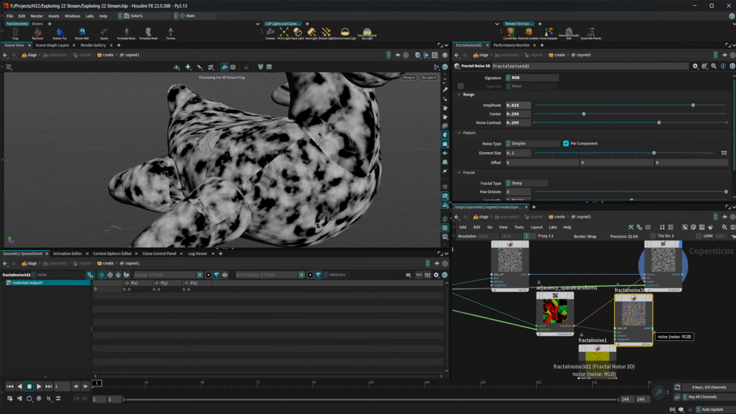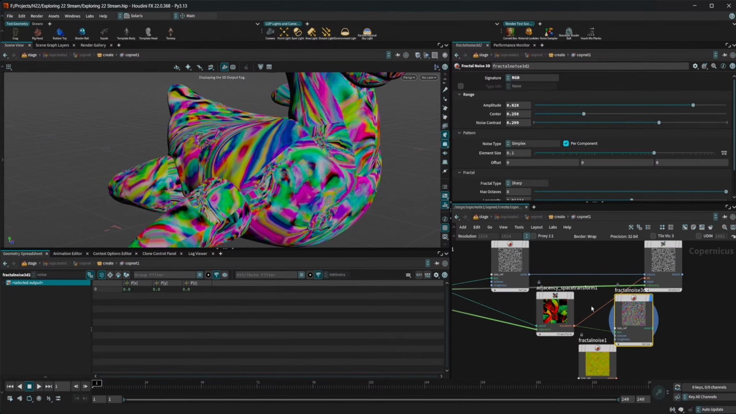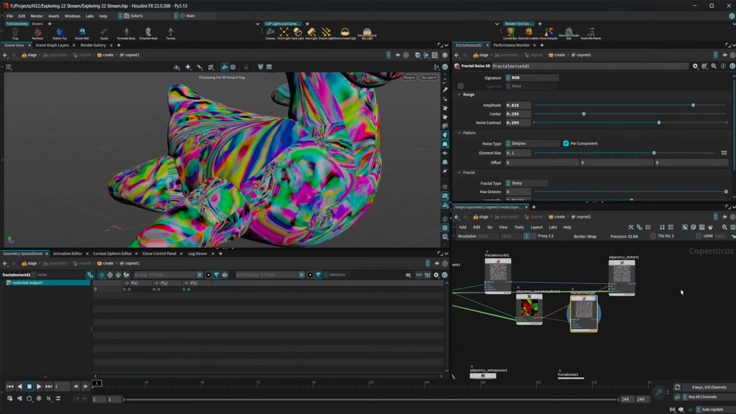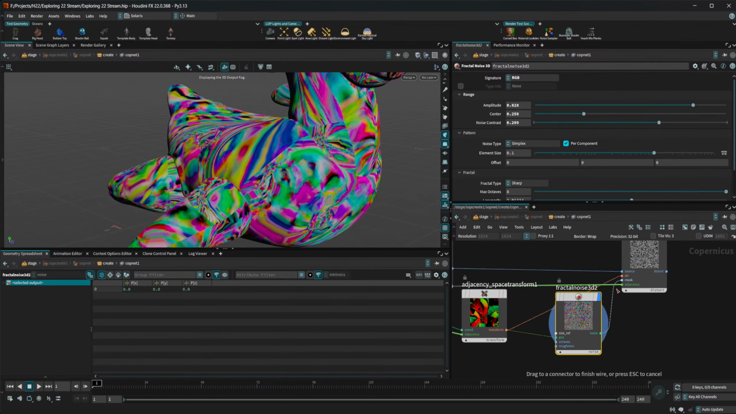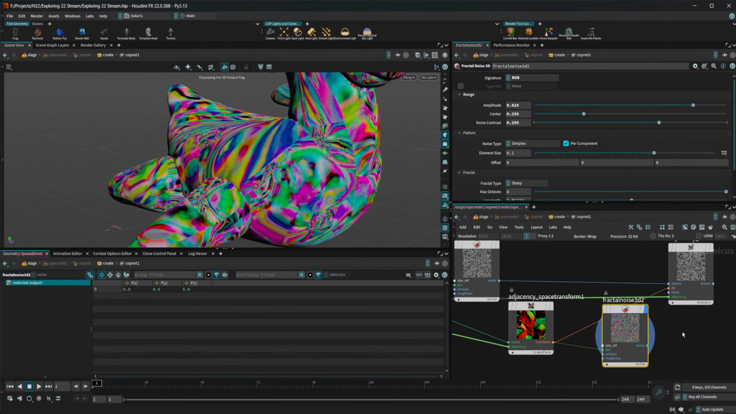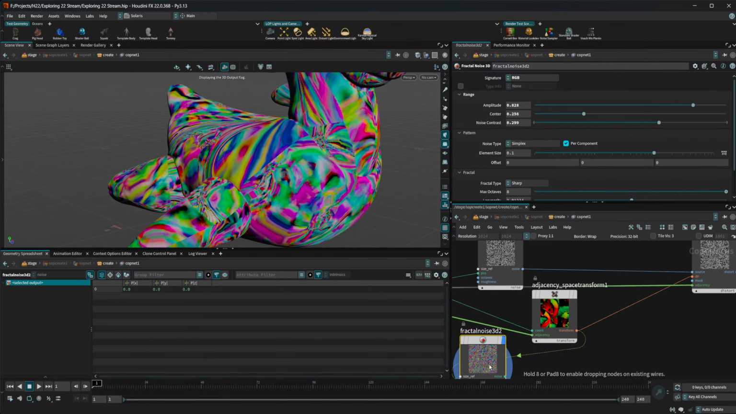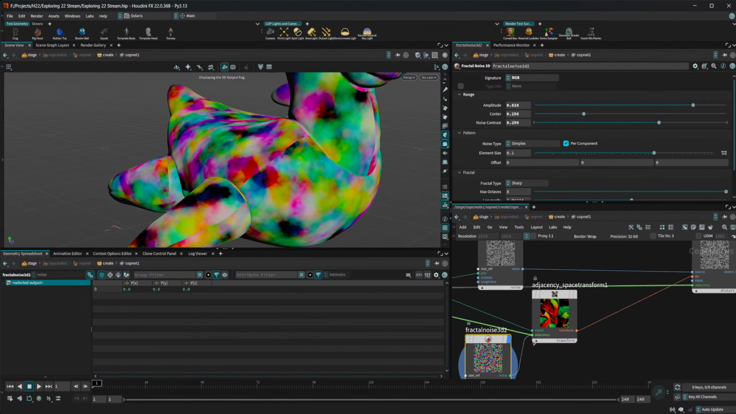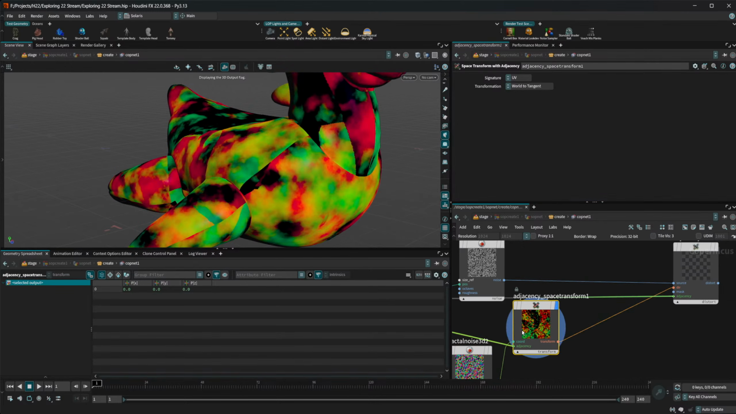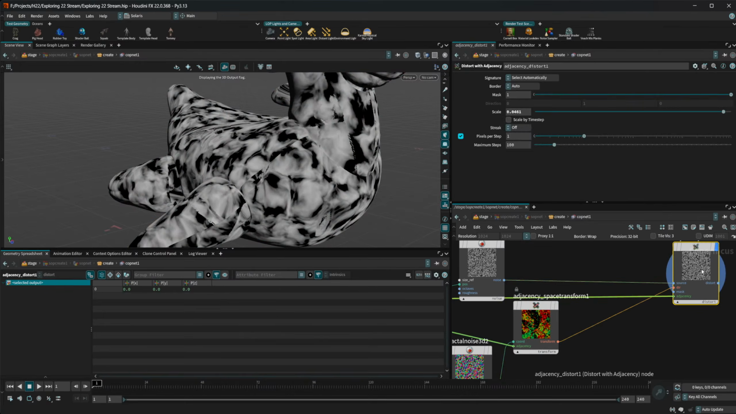I'm confused. You got me lost, Alex. Buzzer noise. And then what? We plug this into our source? I am confused. Other way around. Fractal noise 3D goes into chord space. Oh, okay. So this into here. And then